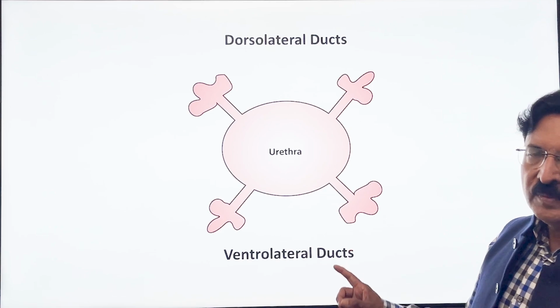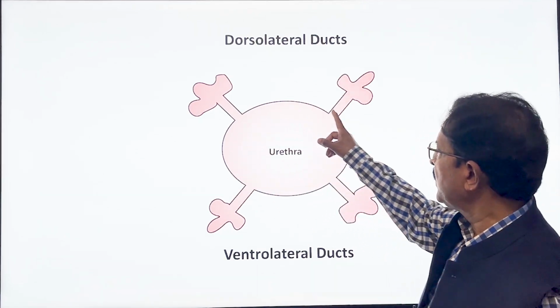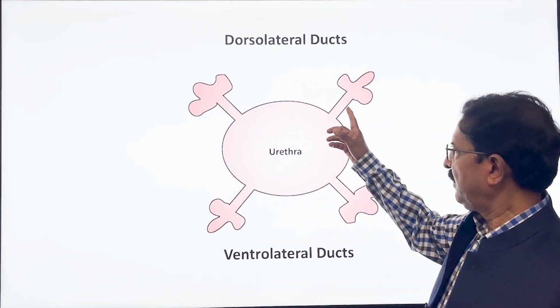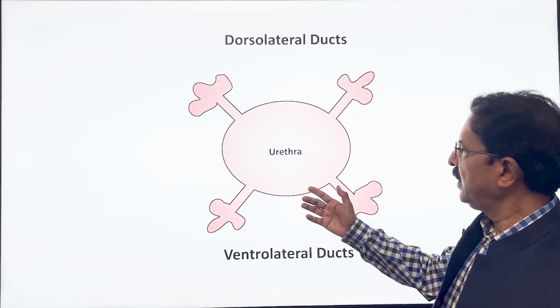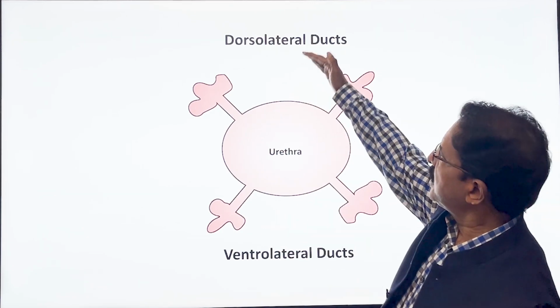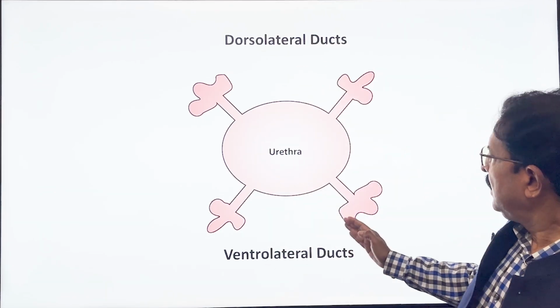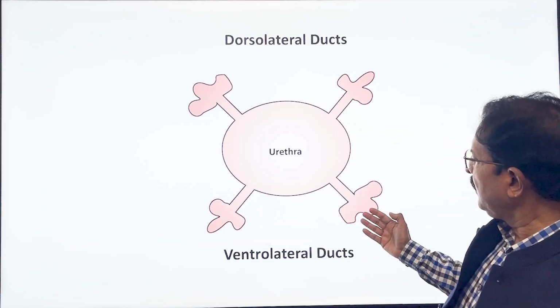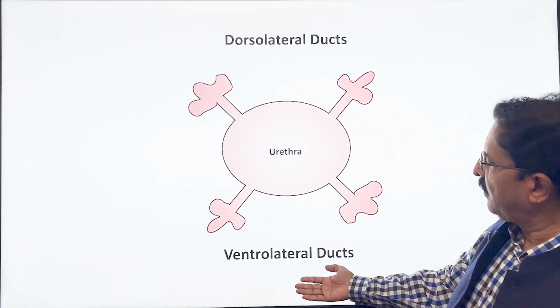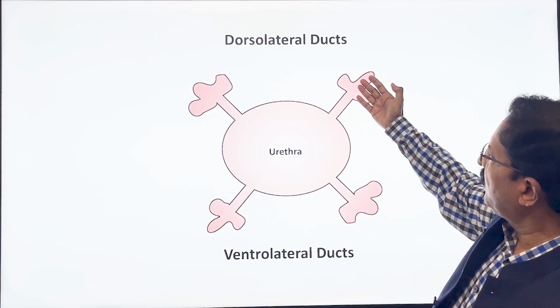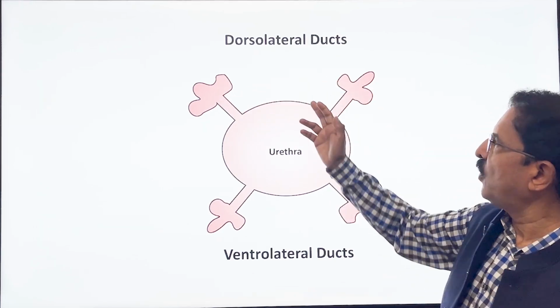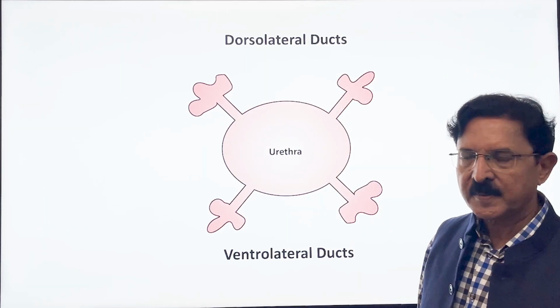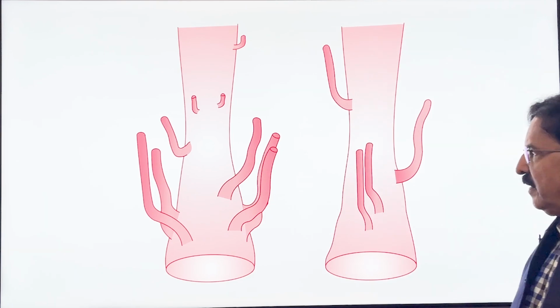You should also know that if this is the circumferential section, if this is the cross section of urethra, and this is the dorsal side, and this is the ventral side, a pair of ducts open from ventral side and they are called ventrolateral ducts, and a pair of ducts open from dorsal side, these are called dorsolateral ducts. In another animation,